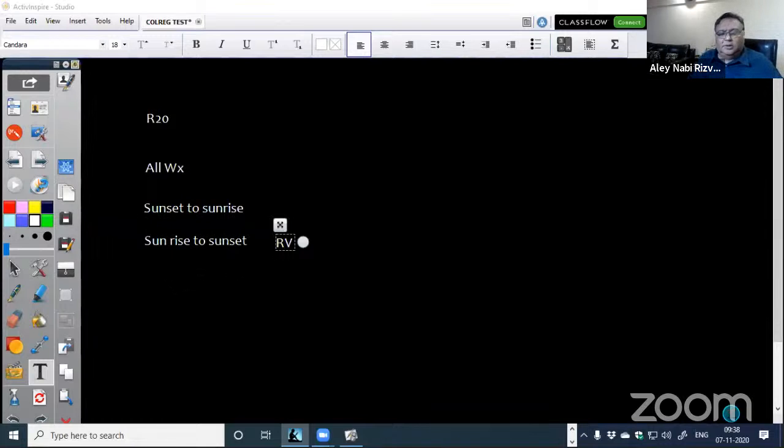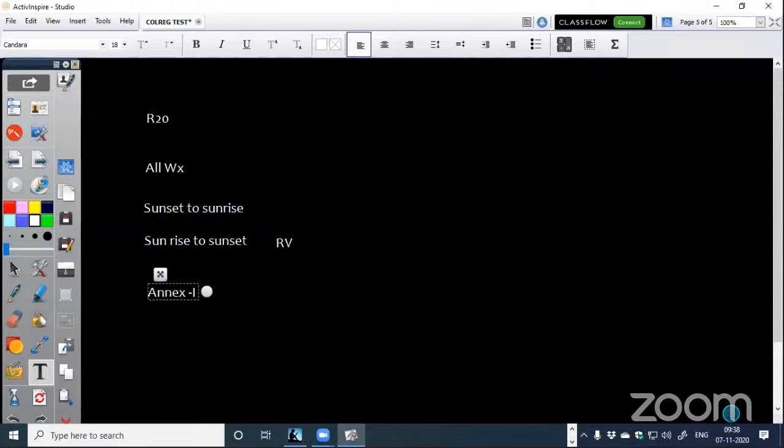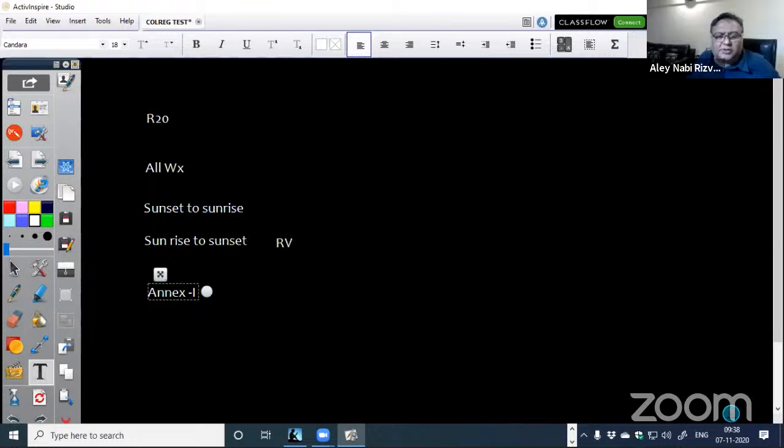Now, lights and shapes also need to follow some rules which are given in Annex 1. Annex 1, we shall study later on, but there are various important aspects given in Annex 1 which we cannot ignore. Say, for example, what should be the minimum diameter of the shape, and what should be the sectors of the lights and all. So now let's come to the